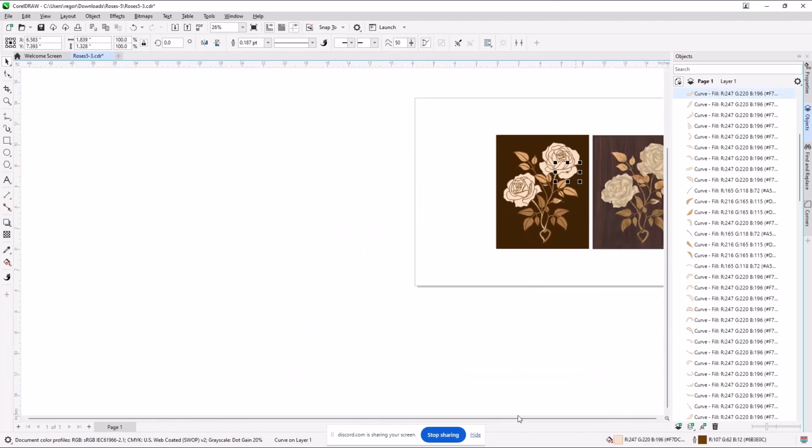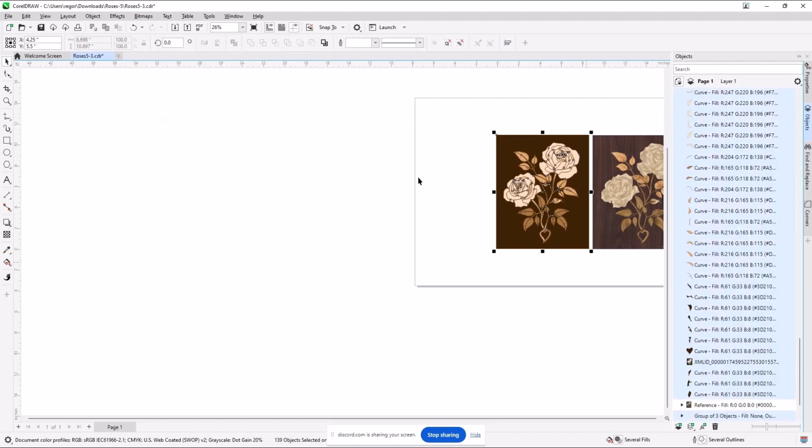One of the reasons I'm working here now is I wanted you to also see my default page size was 24 by 18, but the object I'm working on looks like about 9 inches by 11 inches here. I've selected everything. And then it's just a question of, gee, how big is it? Well, this one tells me it's centered at this location on my page. It's basically 9 by 11.